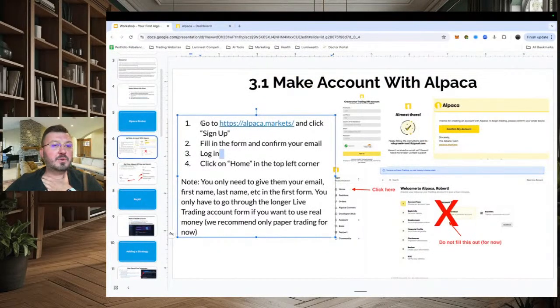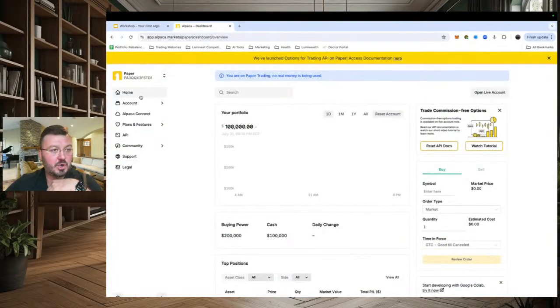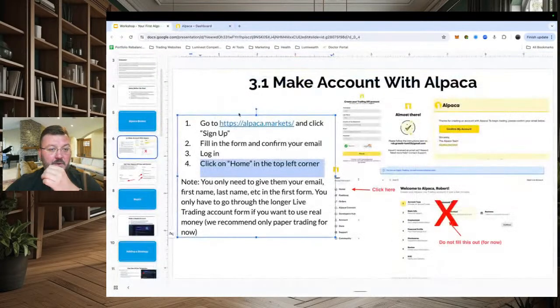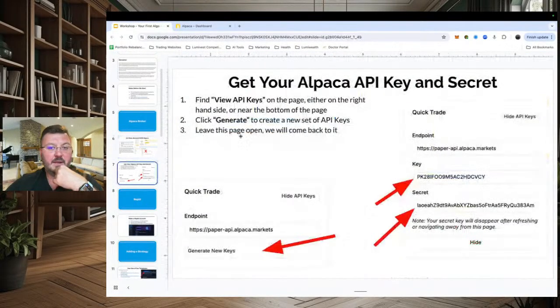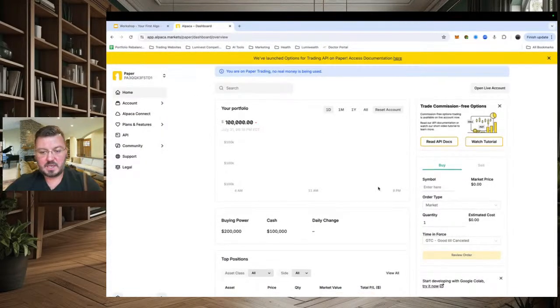Okay, so again, we go through the steps: go to Alpaca Markets, fill in the form, log in, and then click on home in the top left-hand corner. Do not actually create an account with them. We're going to be paper trading with them. Okay. One more step, actually, let's do this before we jump to the next one, is we want to